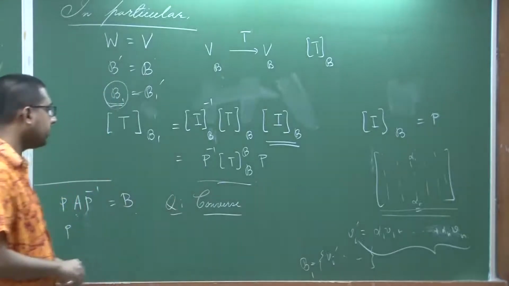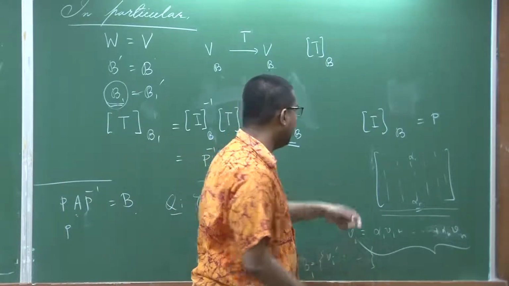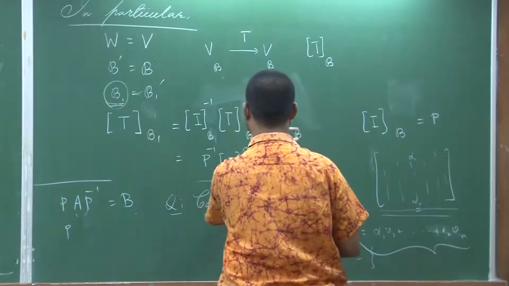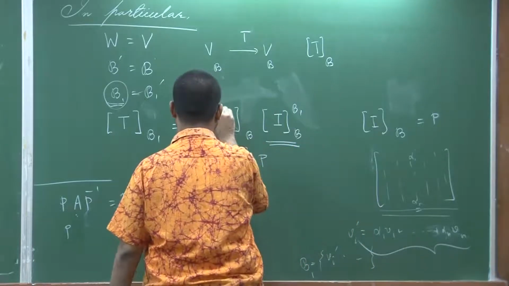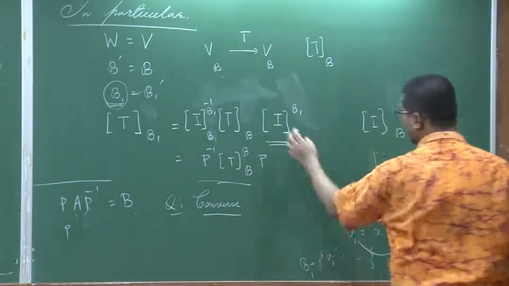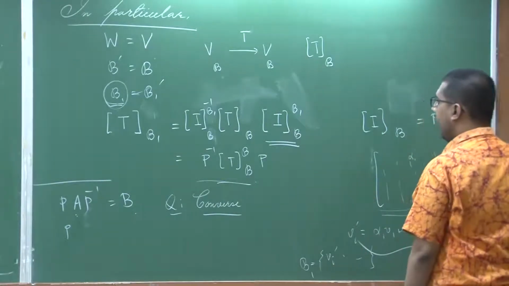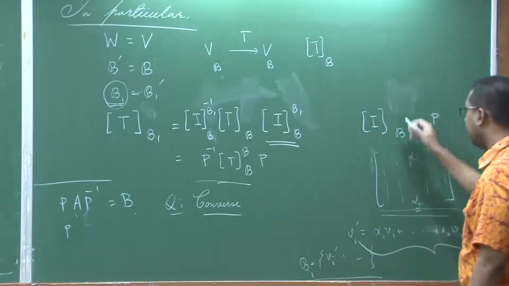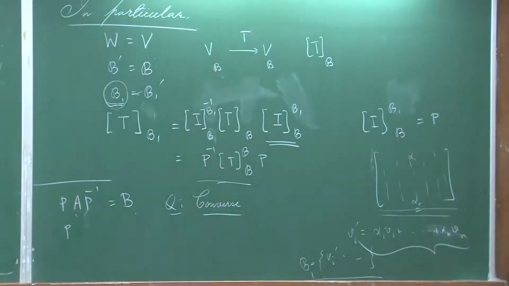Because once you construct this B1, then I think here I have made some mistake. So, here I must have written, otherwise the matrix of I with respect to the single ordered basis B will be identity. So, once we construct B1 like this, then the matrix of I with respect to B1 will be precisely this P. So, thus what we see here is,